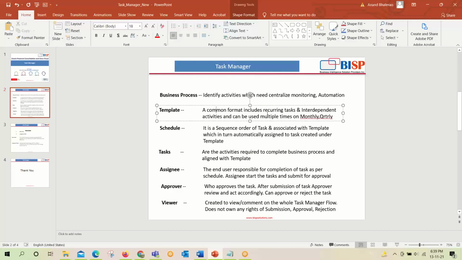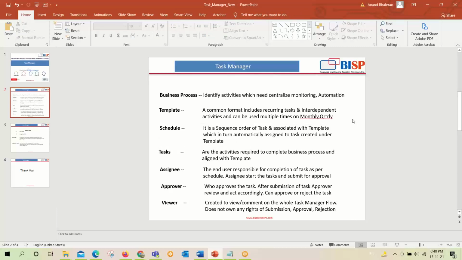A template can be said to be a common format which includes recurring tasks and interdependent activities and can be used multiple times on a monthly or quarterly basis. It is a format which is repeatedly used for Task Manager. The second term is schedule.